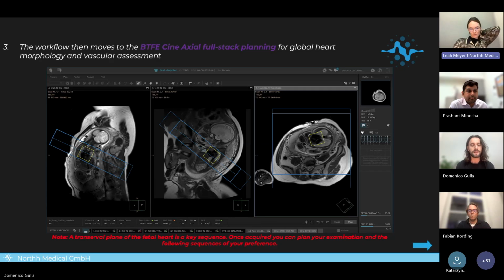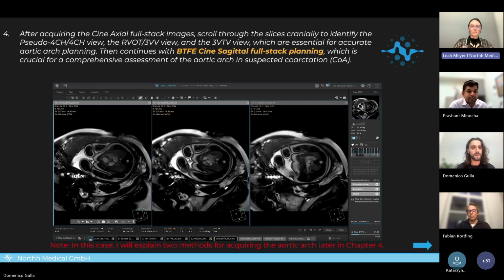So then the workflow moves to the axial full stack cine for global heart morphology and vascular assessment. It's exactly a full stack axial of the thorax of the baby. Once acquired, you can plan your examination and the following sequences based on your preference. After acquiring the cine full stack images, we scroll through the slices cranially to identify the pseudo 4-chamber view, the 4-chamber view,